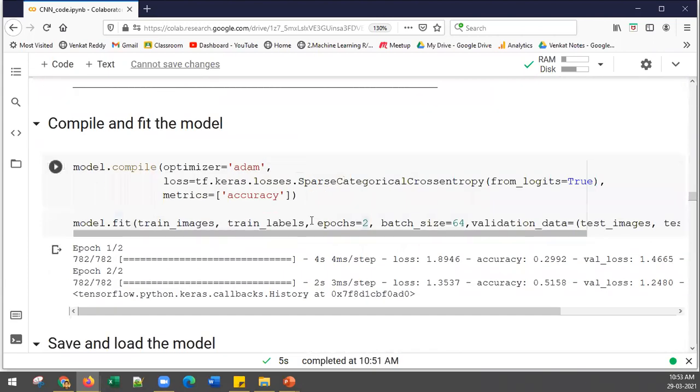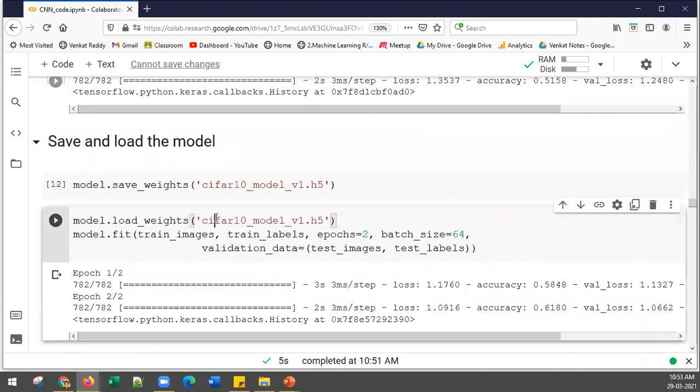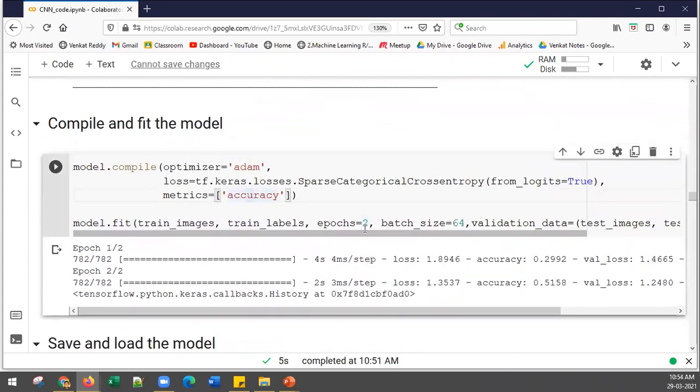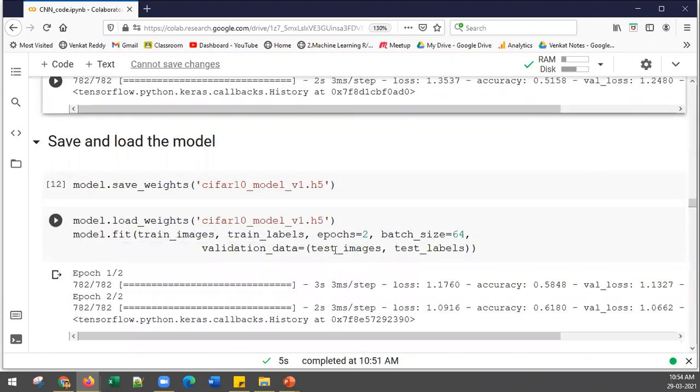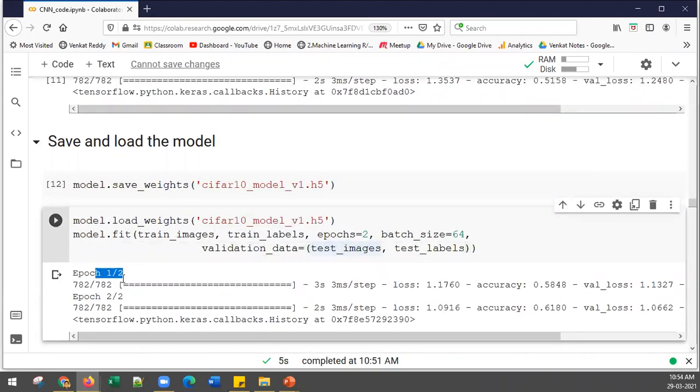That means here I have executed two epochs. After that, I have loaded the model and ran two more epochs. Though I gave two epochs here, effectively how many epochs is this final result showing me? Twelve. If I had saved the 10-epoch model here, and then run 2 more, it will be 12, 10 plus 2. Though it is saying epoch 1 out of 2,